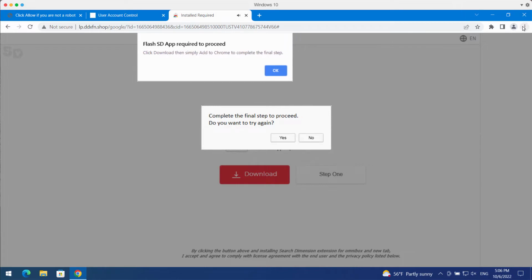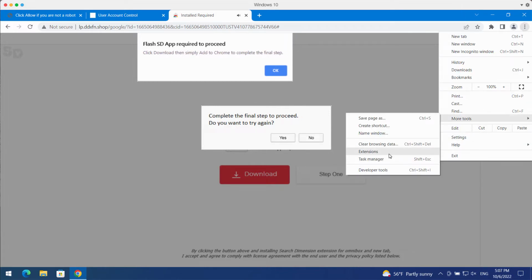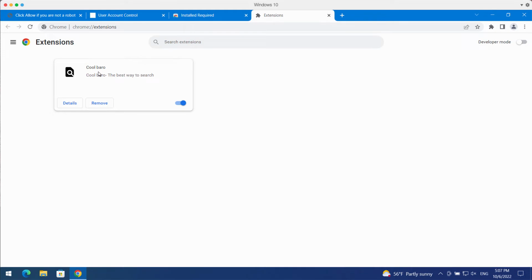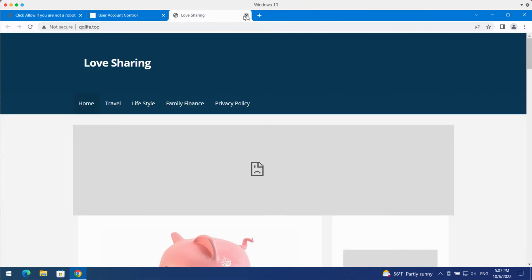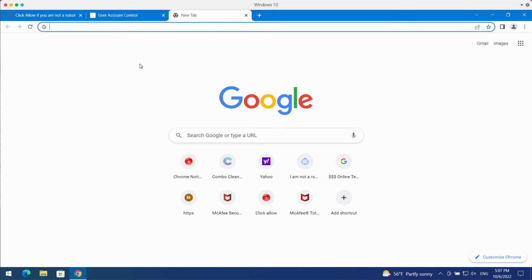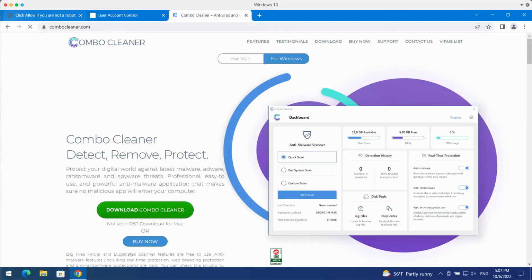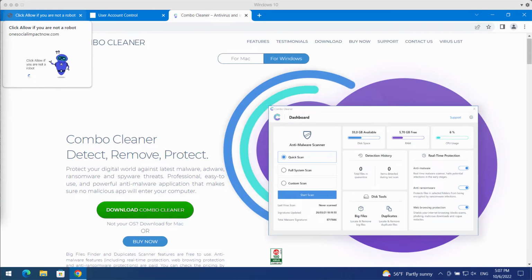You should remove it by accessing the menu More Tools, Extensions. So when you find this extension called Baro, disable and remove it completely. This should fix the browser very well, but I also recommend that you thoroughly investigate your system with the help